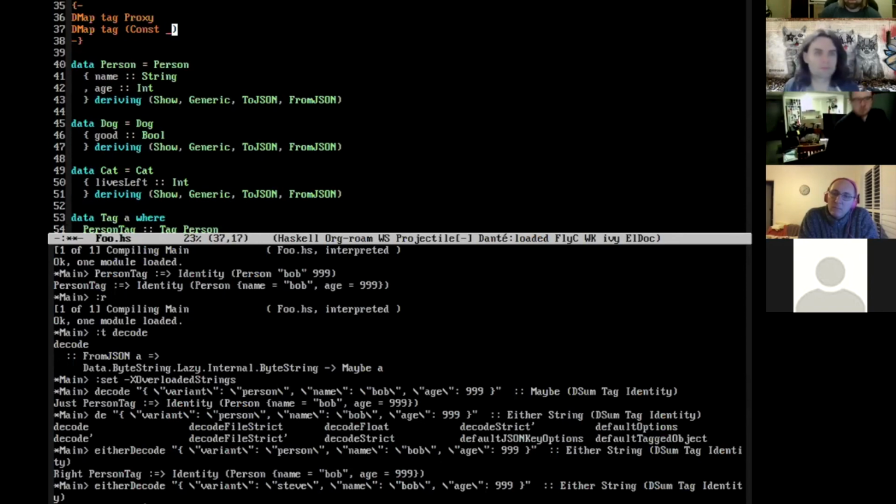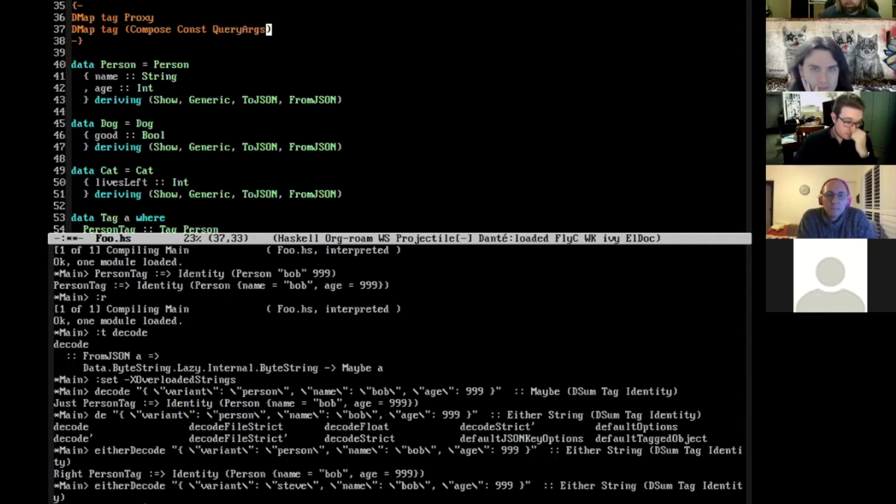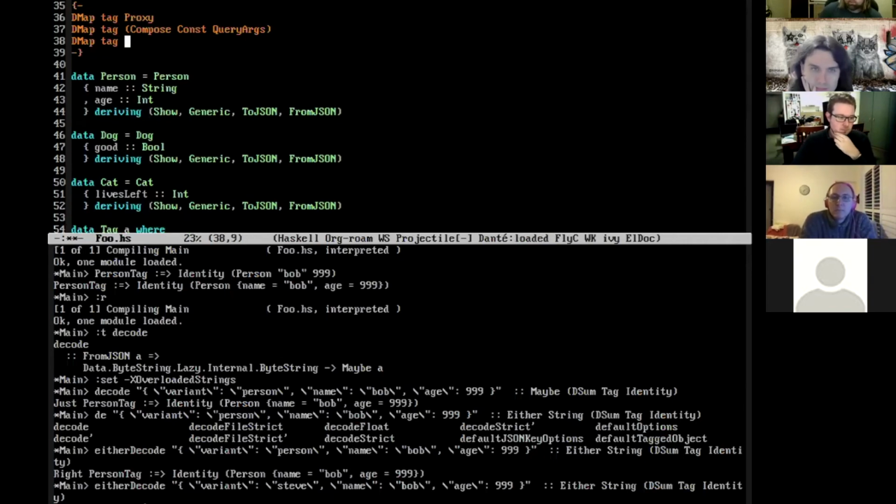The actual values, yeah. So const is like the query that you can put through, and if you have a type family that says something like Compose const query args, then it can tell you what args you need to make a query for something at that tag position, and the map tag identity is the thing that comes back.